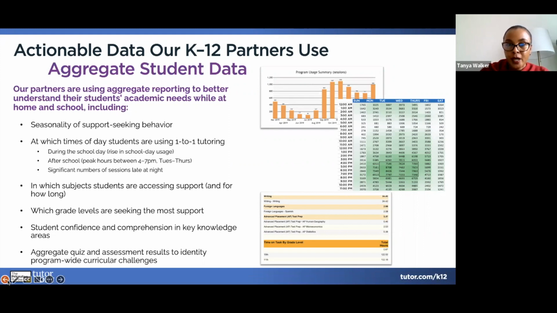With The Princeton Review, Tutor.com, we are able to help with some of the data, to help you make some of the decisions. And there are many ways to use actionable data. We're going to go through a few examples of the data we have at Tutor.com. For example, students in algebra classes are requesting help, but most often in solving linear equations, which may indicate that additional instruction or intervention is needed. So if you're able to hone in on exactly where the need is for most of your students,